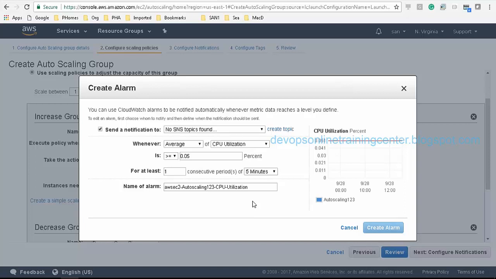Maybe spinning up more instances on the same machine may cause this issue, but I think they have proper end-to-end automation that takes care of all these things. So kind of KVM, kernel-based virtual machine, or some other hypervisor.